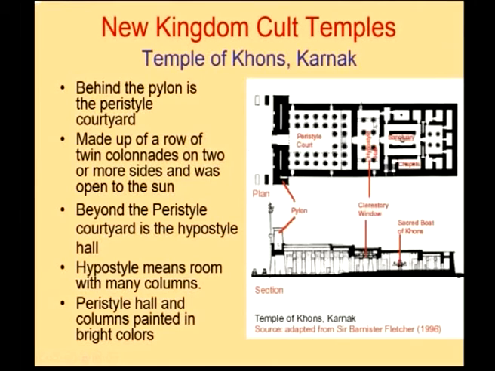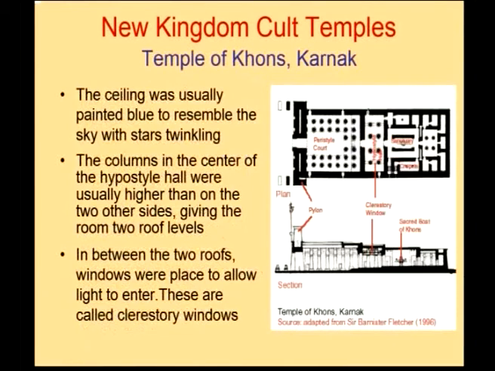The hypostyle hall is basically columns with different levels. The two center rows of columns are raised more than the other columns. Hypostyle also means a room with many columns. The hall has columns with different colors and reliefs. The ceiling was usually painted in